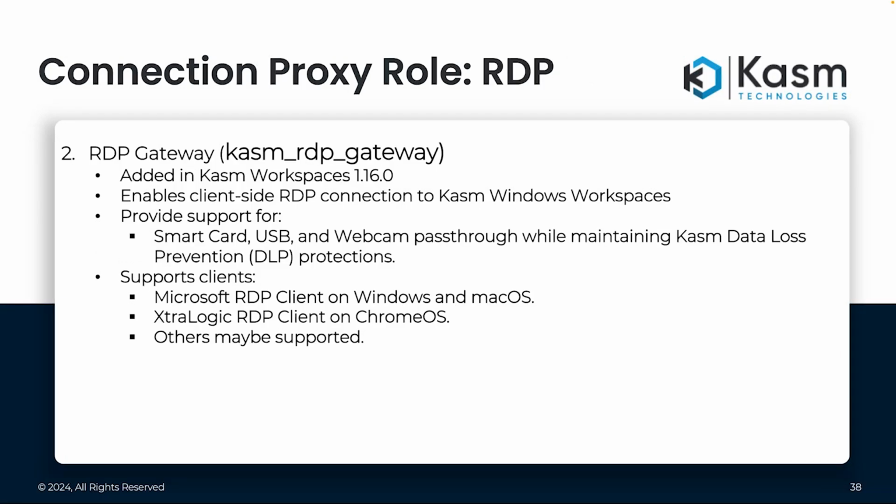Then we have the RDP role. In this case, Kasm_RDP_gateway. This was something that was added in Kasm 1.16.0. It enables client-side RDP connections through to Kasm Windows Workspaces. Really, it could be any Windows workspace, but it allows it through to a Windows workspace. The big deal about it is it's a thick client, right? So because it's a thick client, you can do pass-through of smart cards, USBs, webcams, all while remaining and maintaining